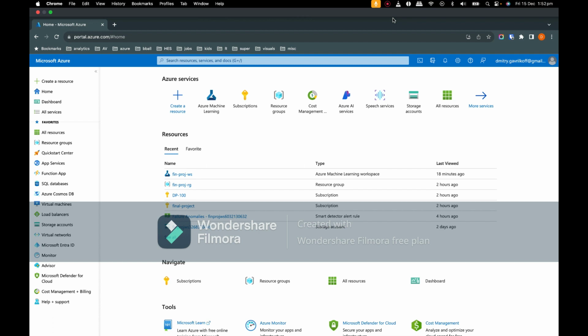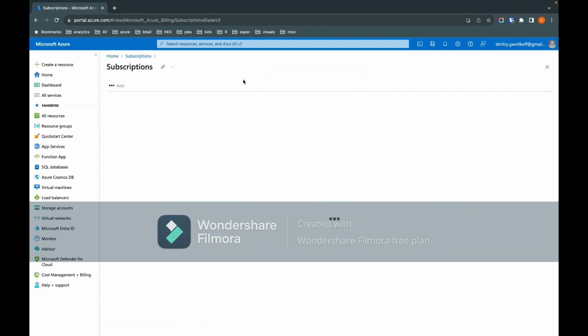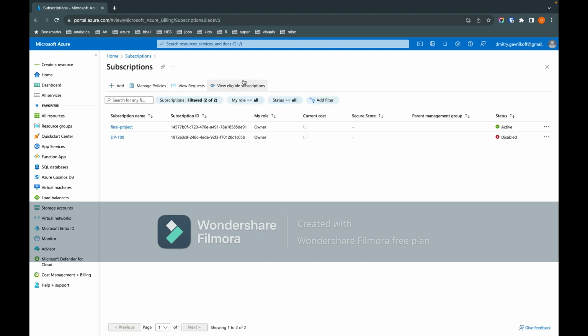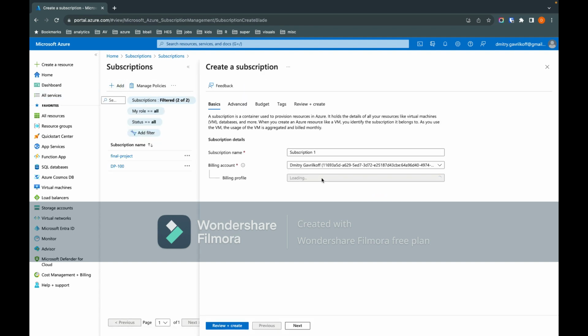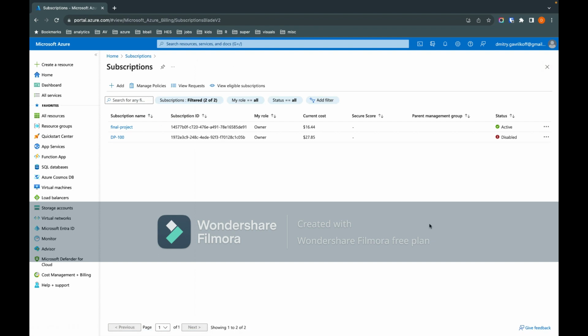Before we dive into Azure Machine Learning Service itself, we need to do some housekeeping. To create any services in Azure, first and foremost, you have to have a subscription. Subscriptions serve as a billing unit. That's where you submit your bank details and the name of the subscription, pretty much that's it. That's how you can do it. Just click the add subscription button, give a name and all the details required. A user can have multiple subscriptions, which makes it a very nice feature to track the costs separately. As you can see, I have one active subscription, which is final project, the one that refers to the presentation